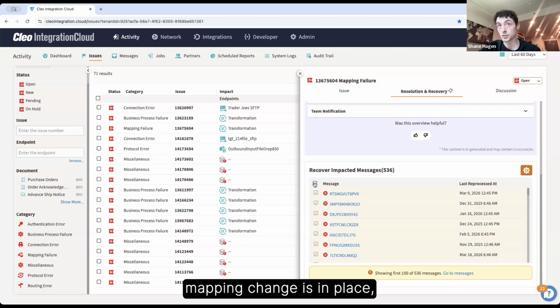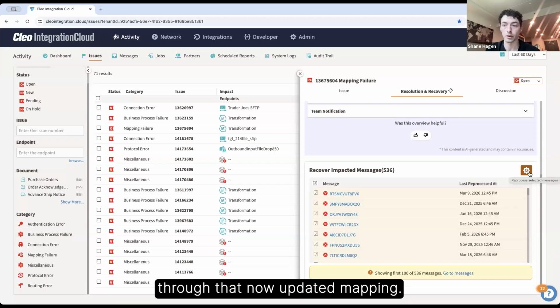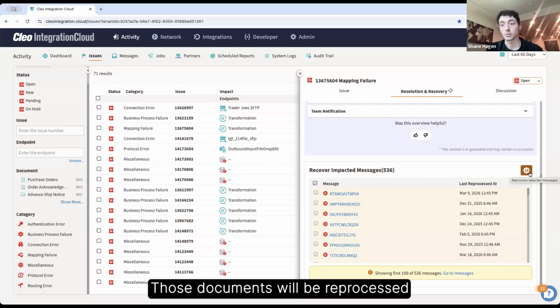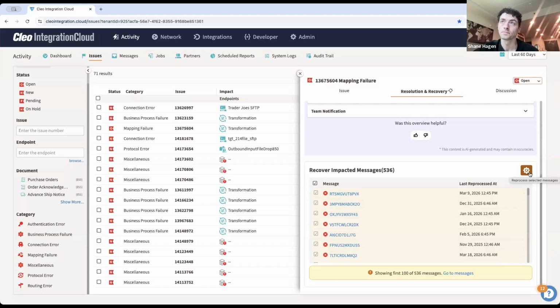And now that that mapping change is in place, we can select all of those messages and reprocess them through that now updated mapping. So as long as everything else is okay with this transaction, there's no other issues that we haven't discovered yet, those documents will be reprocessed and successfully sent into our ERP system.